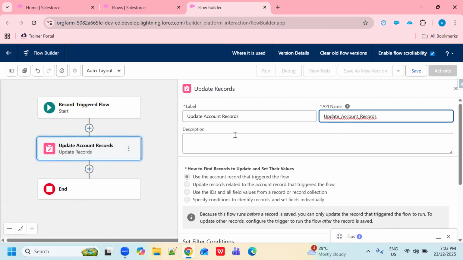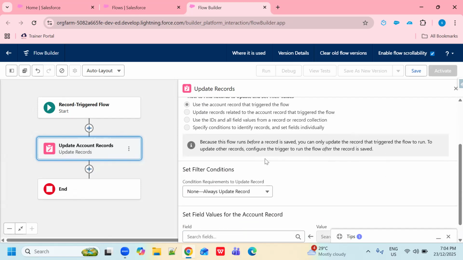Right, so here if you want to give any description regarding this element, you can write here. So use the account record that triggered the flow. If we need to use the account record that triggered the flow, or update records related to the account record that triggered the flow. I am not working on the related record, so I need to select the first option.